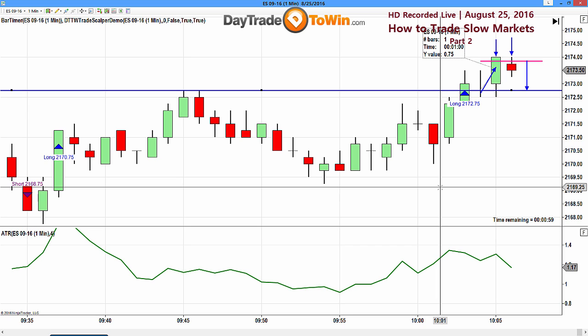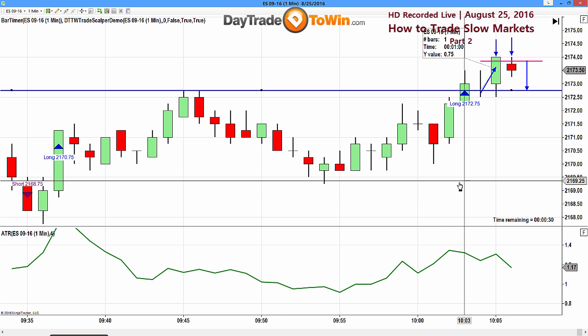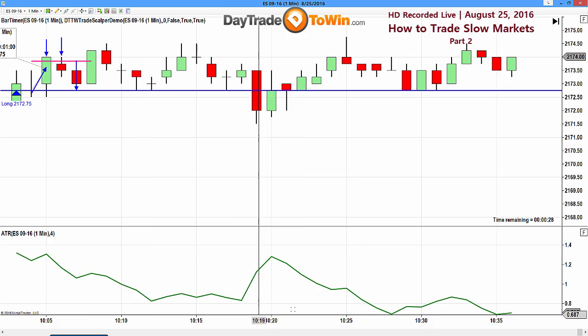So think about trade management in a different way. It's not just one stop and one target and that's it. It's one stop, one target. Maybe I have to front run it as we move forward in time. Maybe I have to get out after a time element, a small win, a small loss, break even, because after 4 or 5 candles, this amounted to nothing. 3 or 4 hours later, this has nothing to do with why you went long. 3 or 4 hours later here, let's say here, what does that have to do with this trade?